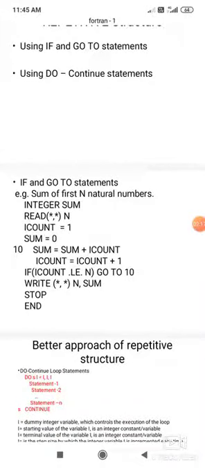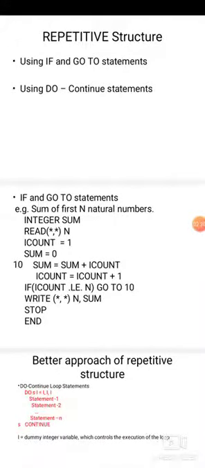Now in this program, I count acts as a counter which is incremented each time by 1, and it is added to the variable sum which is initialized to 0. The sum is incremented through the incremental gain in I count by using the GO TO statement. This structure is also known as the loop structure. This process continues till I count becomes greater than n. At that stage, it comes out of the repetitive structure and writes the sum.